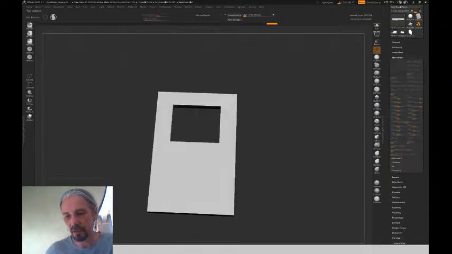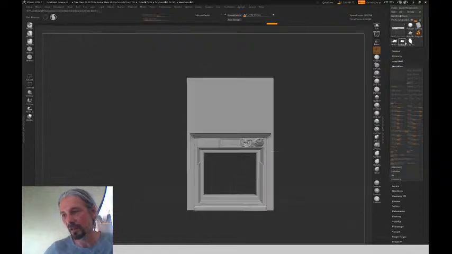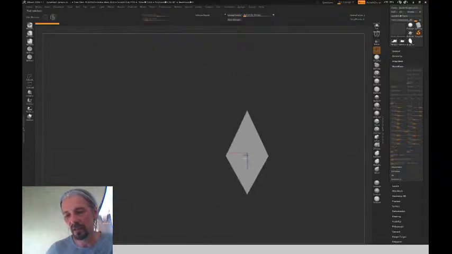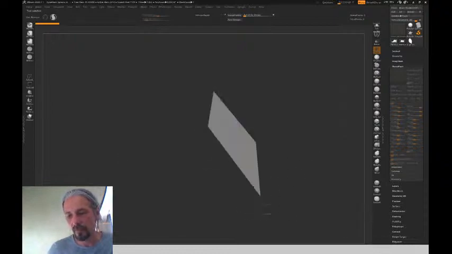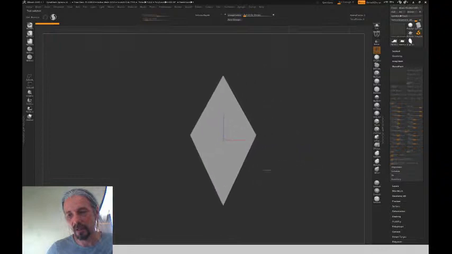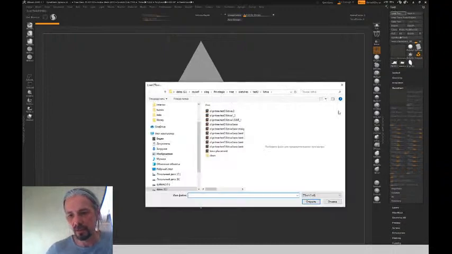Spreading with nano mesh will not allow you to use the direction. So in this way I could design the structure, the movement, the flow separately, and separately use the